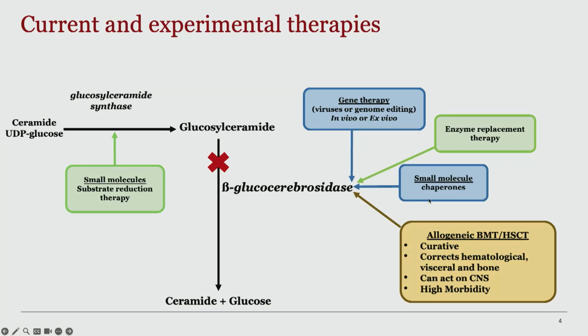An alternative: it's been known that allogeneic hematopoietic stem cell transplantation is currently a definitive treatment option that rapidly corrects the visceral and bone symptoms and can also hold neurological decline in the case of the other two types of this disease. But still, given its high risk of morbidity, it has been replaced mainly by the standard care.